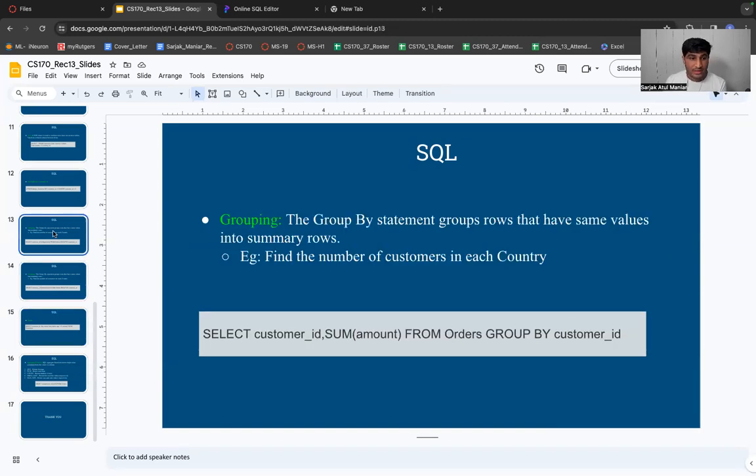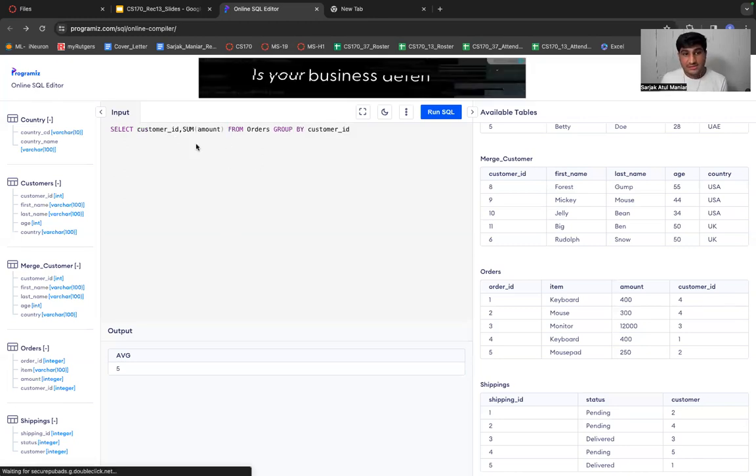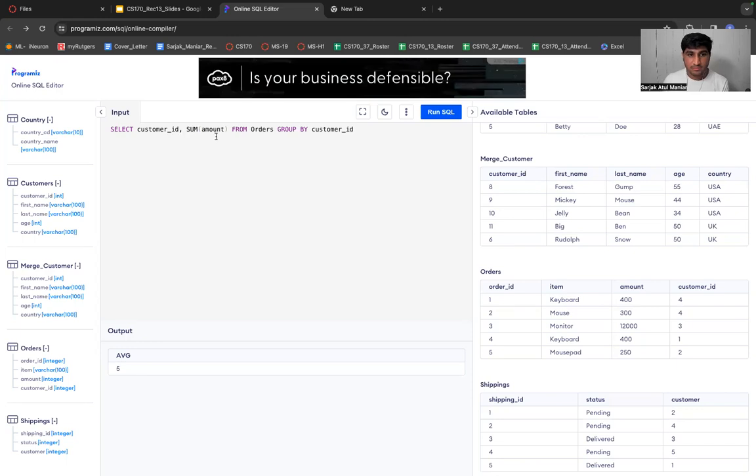What else? One more thing I want to cover is grouping, or group by. This is very important. Let me write it this way: select customer ID, sum of amount from orders group by customer ID.